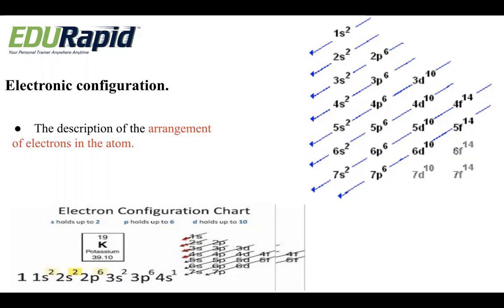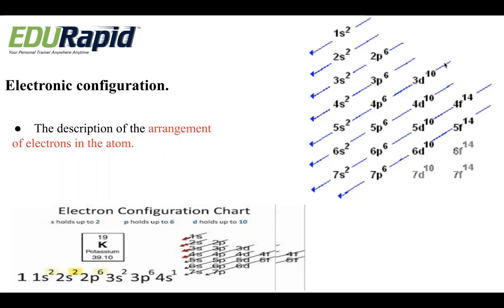It means that the electrons will get arranged in an atom, that is, in the shells of an atom, following a certain rule. There is a specific rule by which they occupy the shells of an atom, and this specific rule is called electronic configuration. So how do they occupy, by what rule will they occupy? This description is nothing but the electronic configuration.